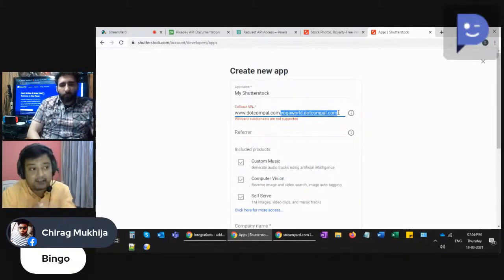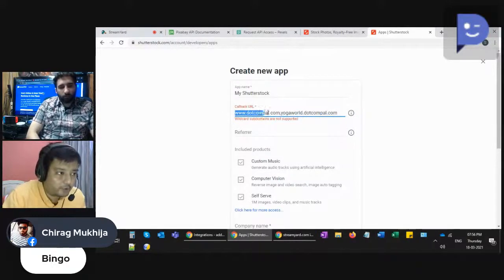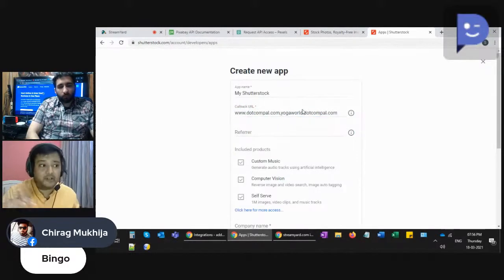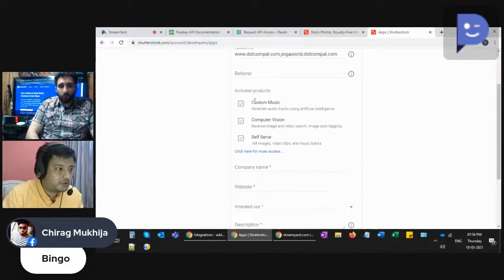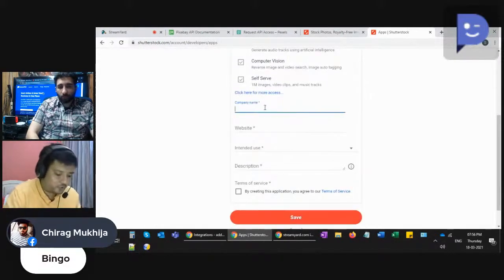In the case of a custom domain, you need to put your domain name over here, and it's mandatory: www.compal.com, comma, and domain or subdomain. This is the only thing which you need to take care of. It's a bit technical, but it needs to be taken care of. Rest, no need to put any referrer or company name. In my case, it's Yoga World